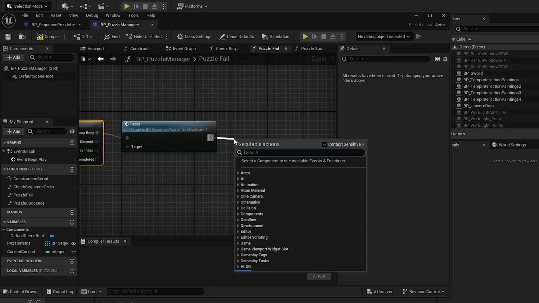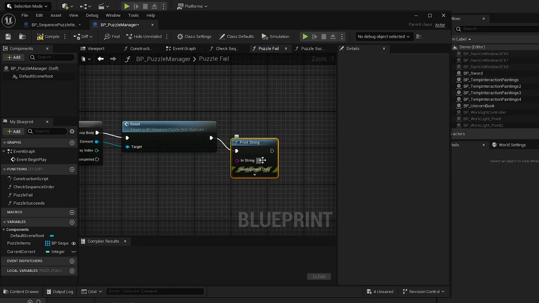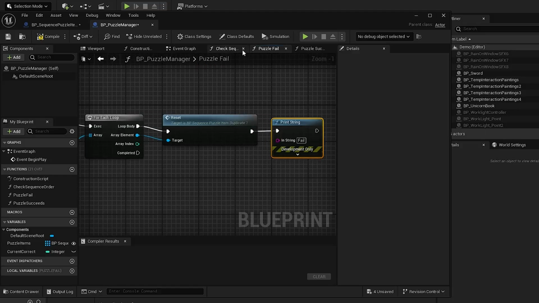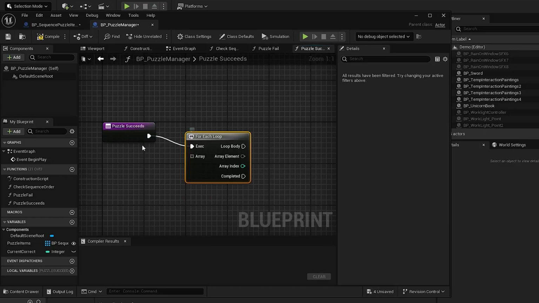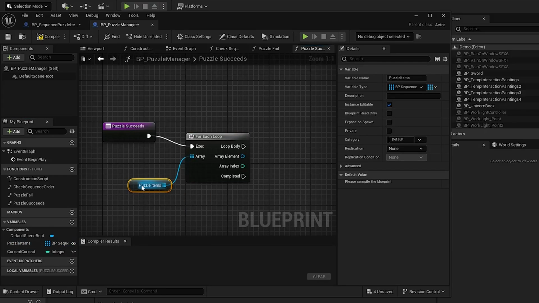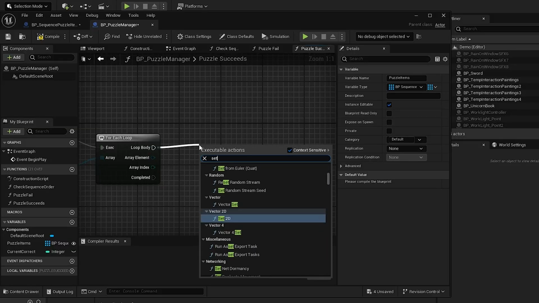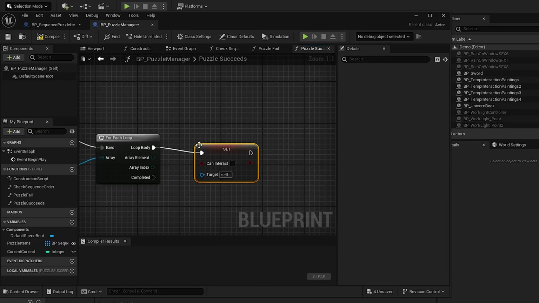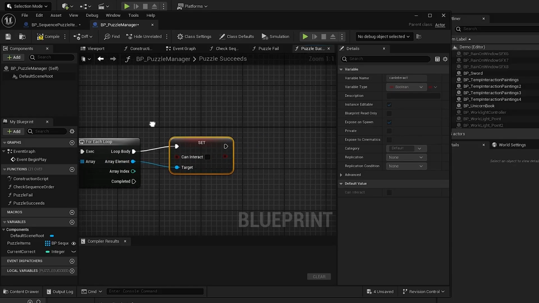We'll go ahead and add a print so that we can see that it failed. We're not going to worry about sounds or animations, just the logic of the puzzle. Moving on to puzzle succeed, we're once again going to run through a for each loop. And in our case, we're going to turn off interaction. So we're going to set can interact to false, make sure it's coming from the element in the array,